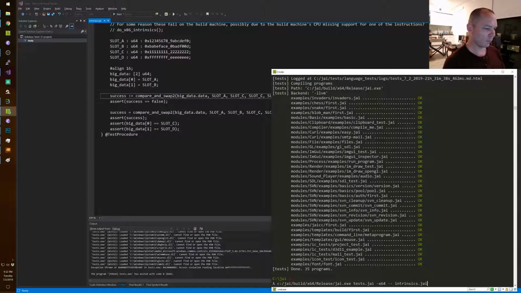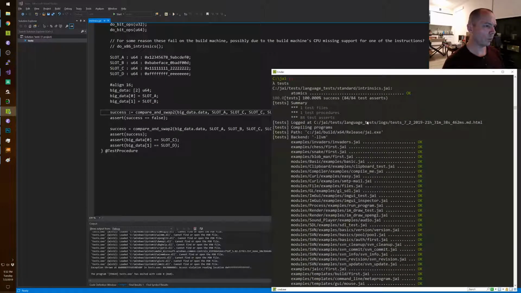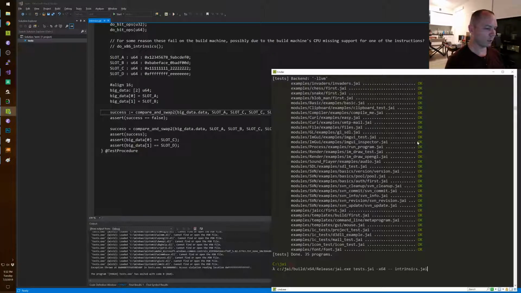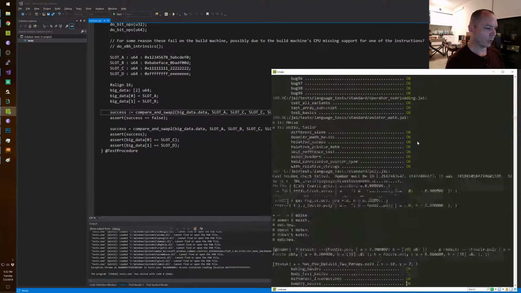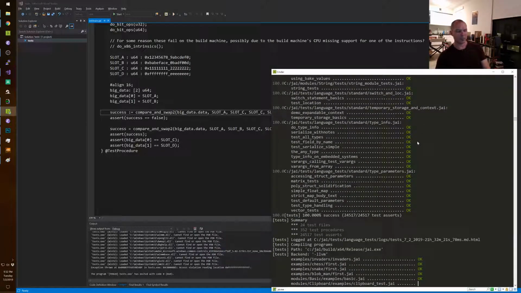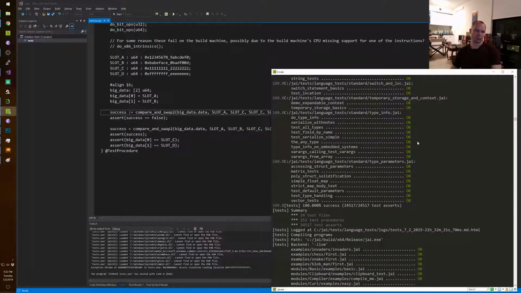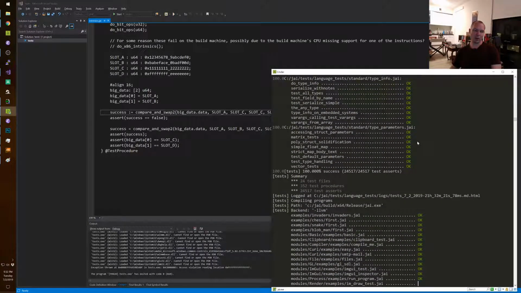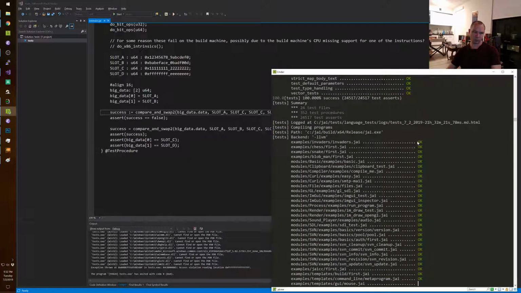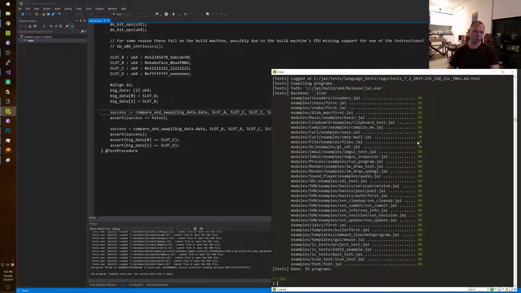Wait, why did that run all these other things? That was weird. I think there was a bug in that selective file thing. All right, so that was just a bug in the test. It had nothing to do with anything we were working on. Yeah, why didn't it exhibit before now? I don't know. Has nothing to do with casting.